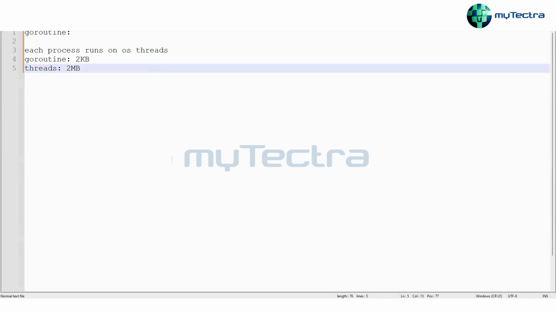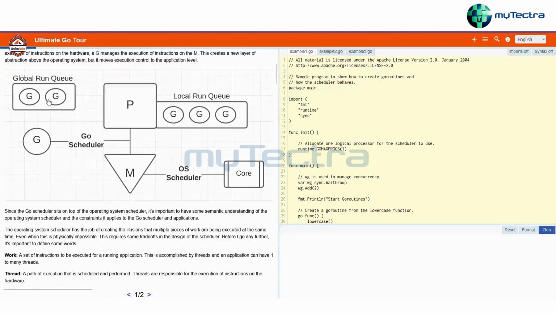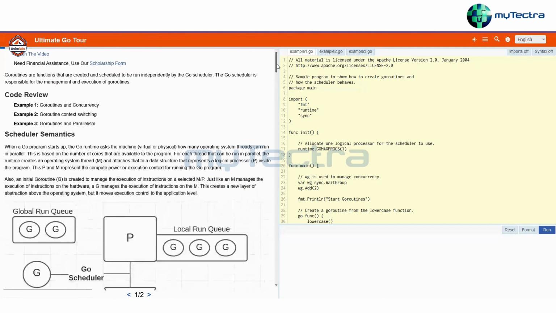The other major difference between goroutines and threads is scheduling. I talked about how the kernel is responsible for scheduling. Here, the kernel is not responsible. In Go, we have the Go runtime that is responsible for scheduling. And now what it does is, if you read this article, there's a